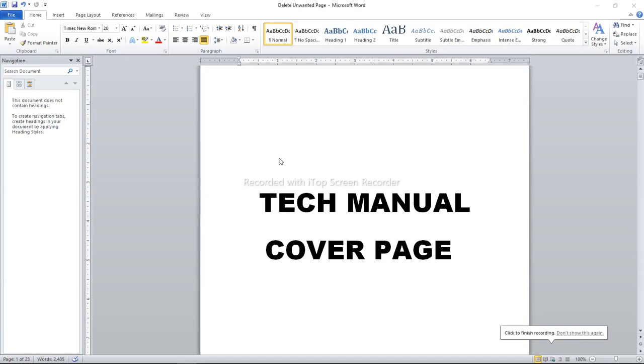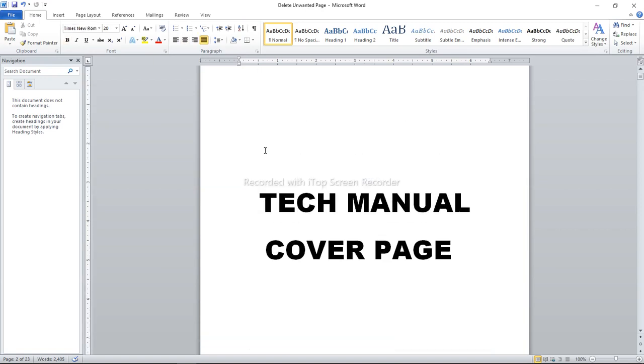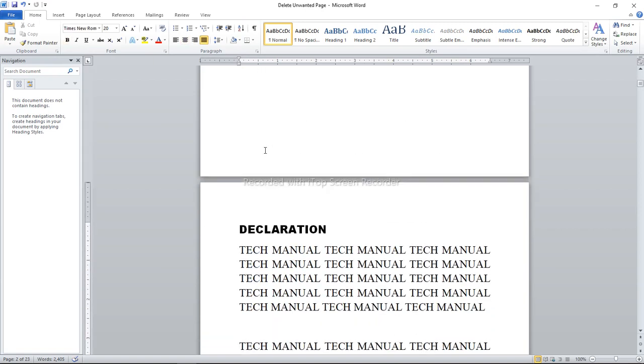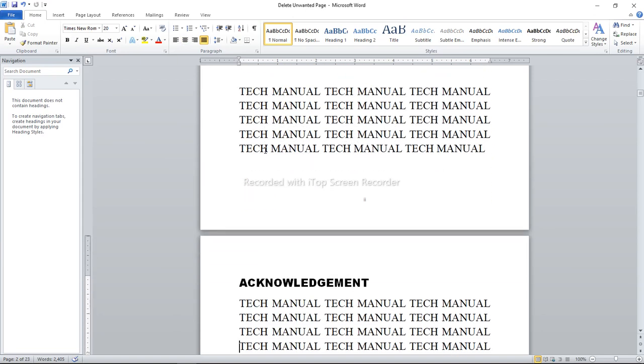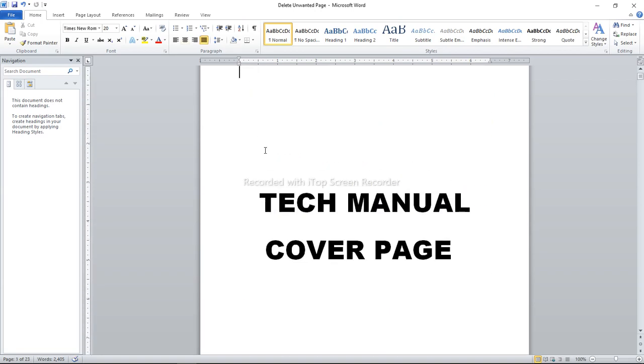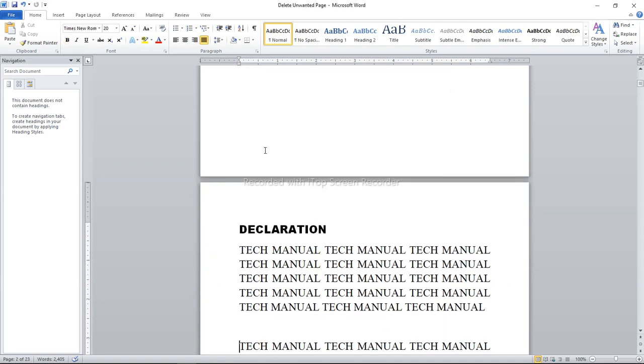In this video, we're going to learn how you can insert a table of contents in your Microsoft Word document. Before you insert a table of contents in your Word document, you have to ensure that you have used heading styles on all your titles for you to be able to insert the table of contents